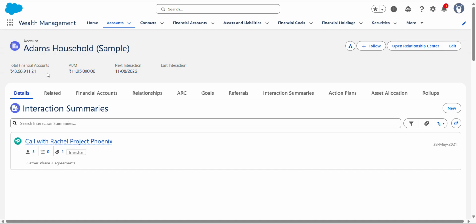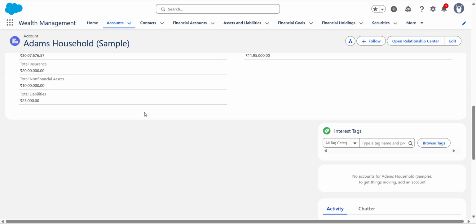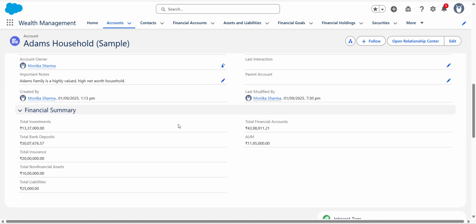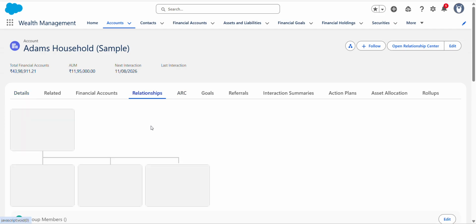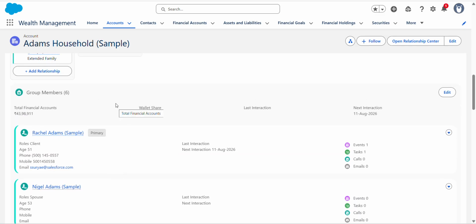Now let's talk about defining what gets rolled up to the primary group. We are on the same account, Adam household sample. Scroll down and click on the Related tab.